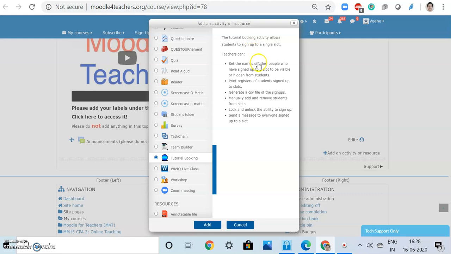So the students who want to register for this can form a group, and the teachers can have their names visible or hidden from students, and these students can register to the slots, and they can be manually removed or added according to the students' progress, and these can be unlocked for sign up, and a message can be sent to everyone signed up to a slot. So it's easy to segregate a small portion of students so that they can learn something different than the rest of the class.